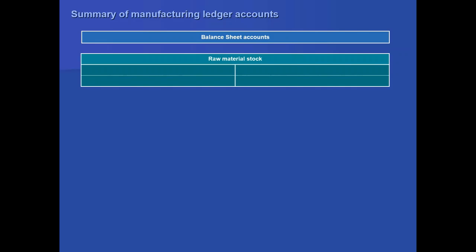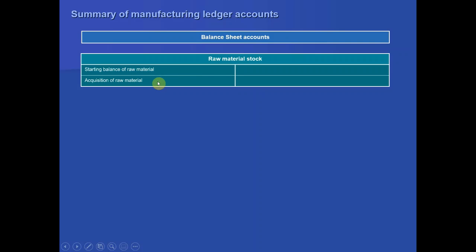We have the raw material stock account. We know it's an asset, it should have a debit balance. Therefore, we have on the debit side the starting balance of the raw material, and then any other raw material that we acquire will also be debited since assets increase on the debit side. So our contra entry here could be in fact bank or